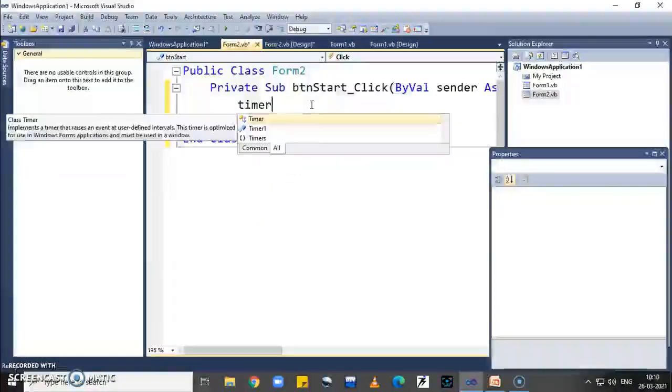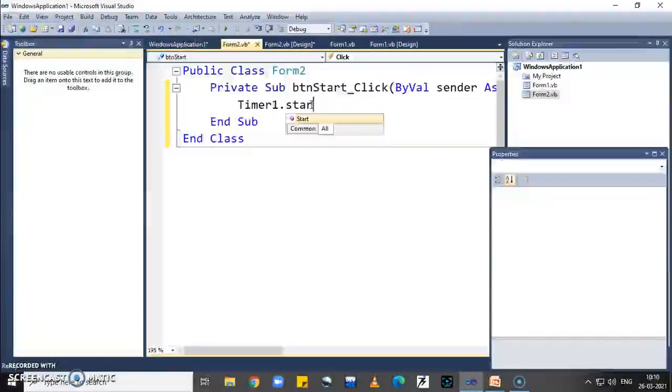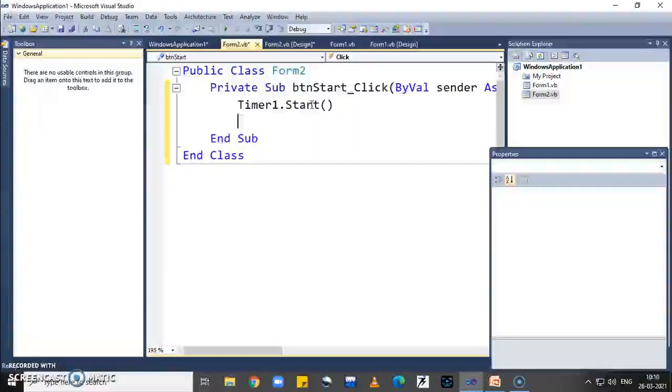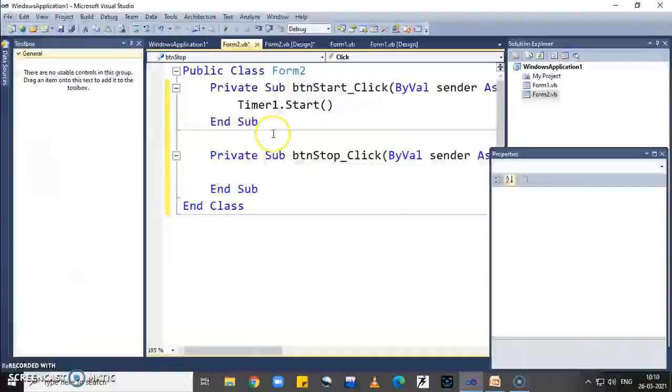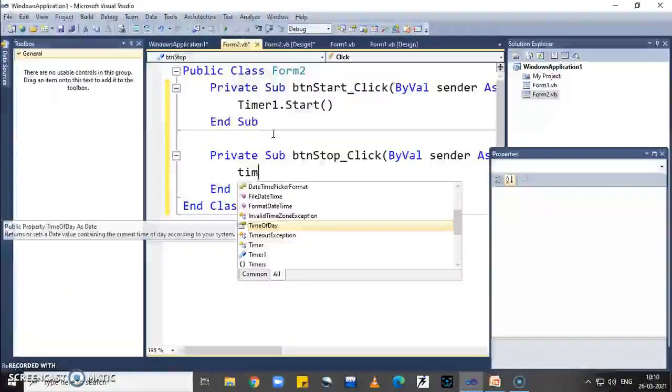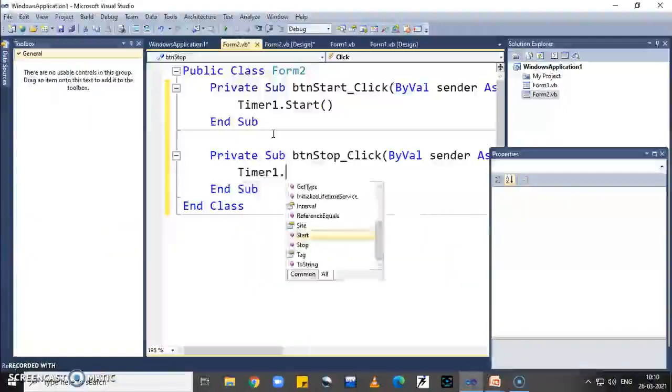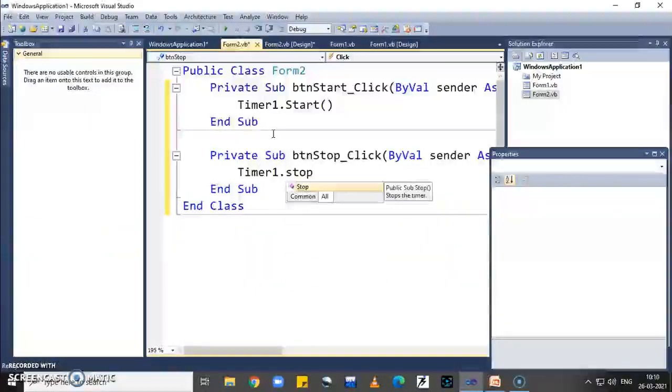So here I write Timer1.Start. Start is a method. Now second, whenever we click on stop, my timer control must stop: Timer1.Stop. We can also set the timer's enabled property to true and false instead of using these methods.